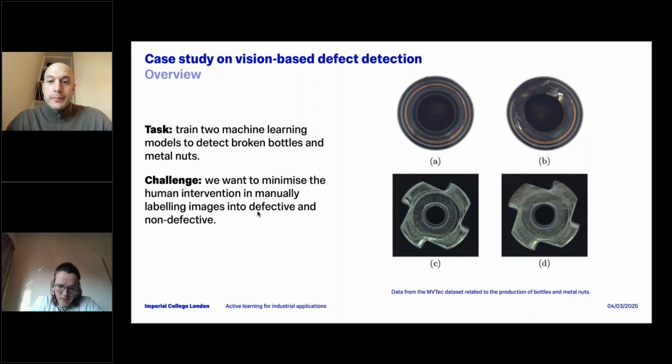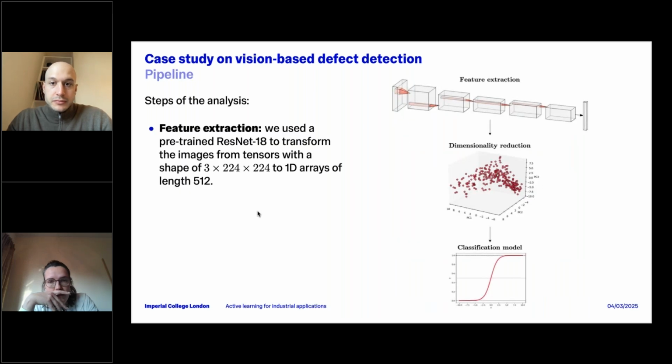nuts. And this can be a laborious task because we might need to manually label hundreds of images for each kind of product, and ask an industrial operator or a manual labeler in general to put a label on each image, like defective or non-defective. In this case, we want to minimize the number of labels needed to train accurate machine learning models. So just to give an overview of a simple strategy we can use in this case, we use